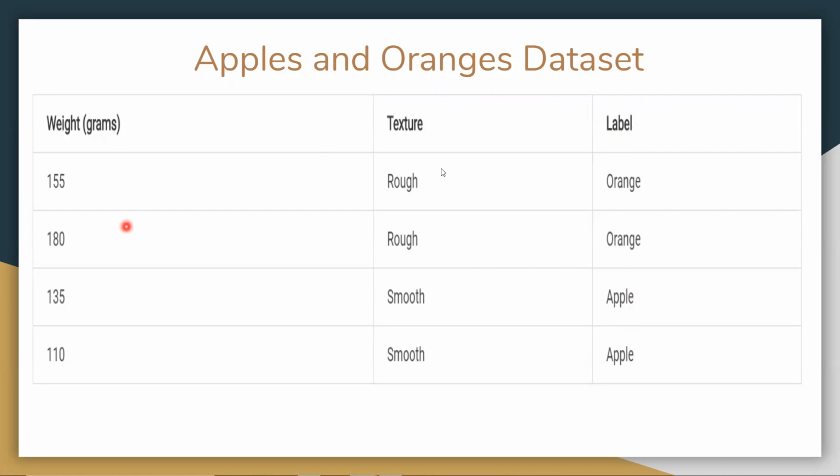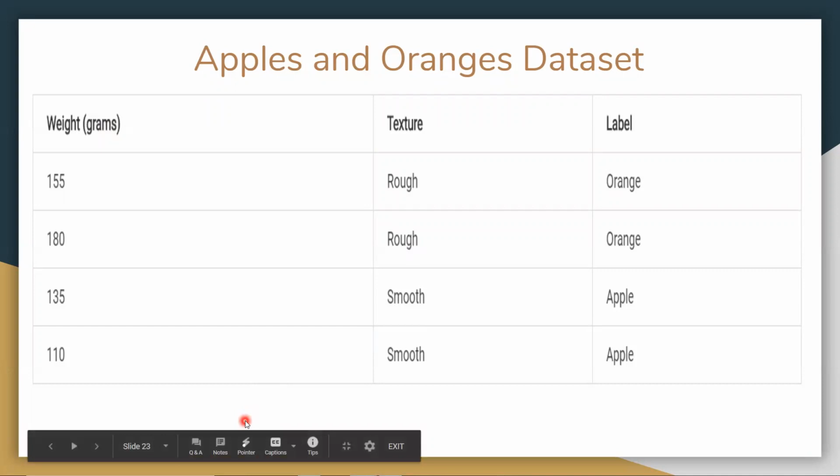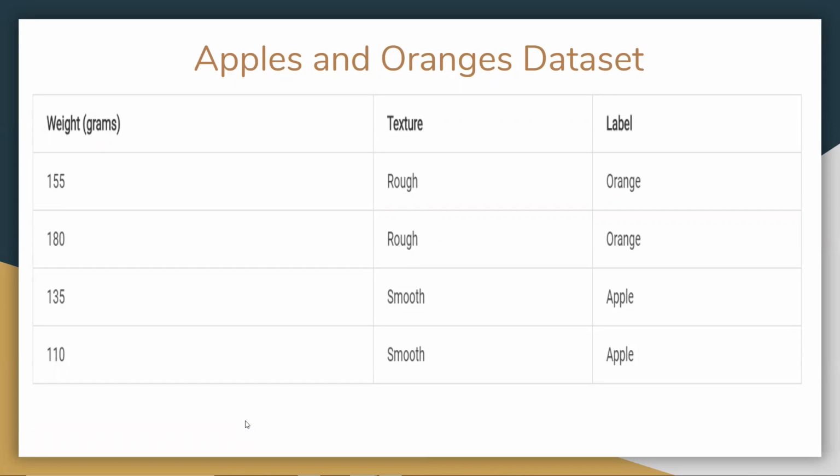Okay, so this is the data. It's simple data just to make you understand. Okay, the real life data may not be so simple or so easy like this, but you will have complex data. Here, just for simplicity, we have taken the apples and oranges data set. Okay, you have the weight and texture. This is called feature one. This is feature two. This is column one, column two. It's dimension one, dimension two. Okay, like that.